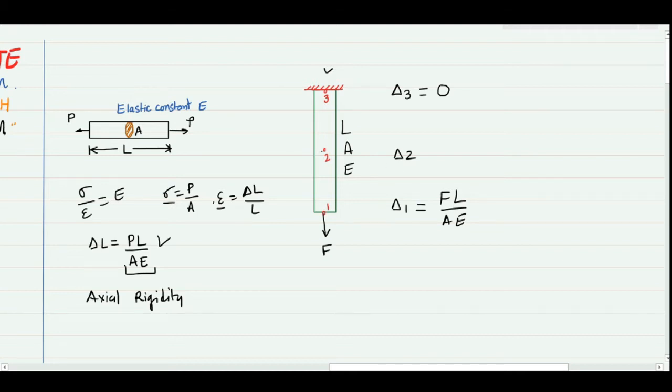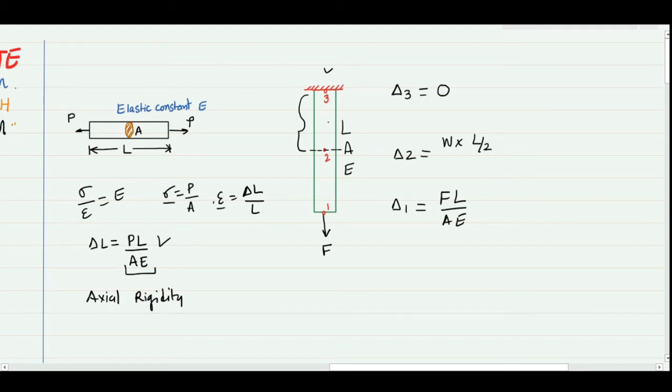Now lastly, the deformation of point 2. Here we must understand that whatever deformation there is in the section 2 3 will be represented by the extension of point 2. However, the extension of point 1 is a representation of the change in the entire length of the beam. So in case of the extension of point 2, my formula will have the load, which is constant, and the length of the section 2 3, that is L by 2 in my case.